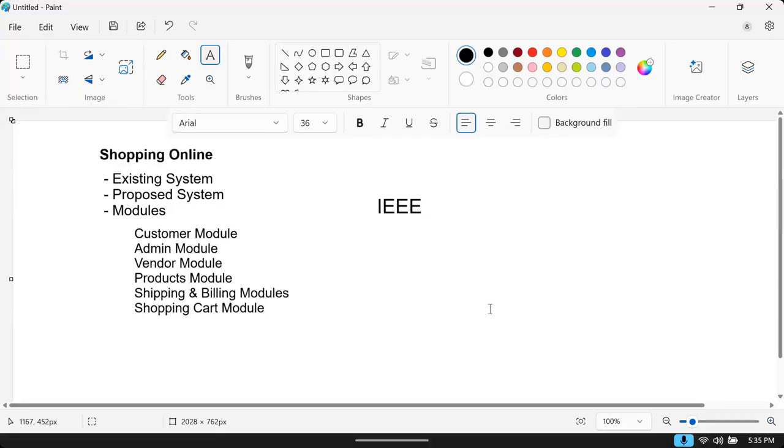Understood? That means the academic project nature is to take an existing system, do research on that system, identify what better you can make into it, identify the new things to add, and rebuild the same application with those new features. That is the nature of academics.